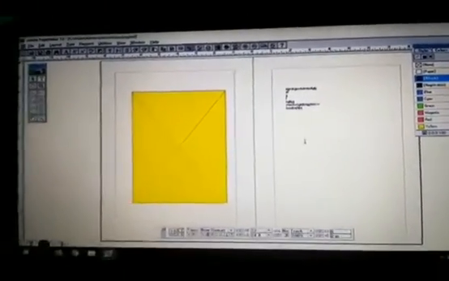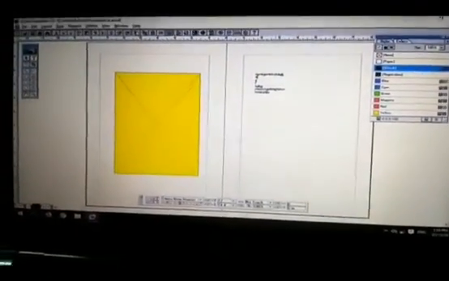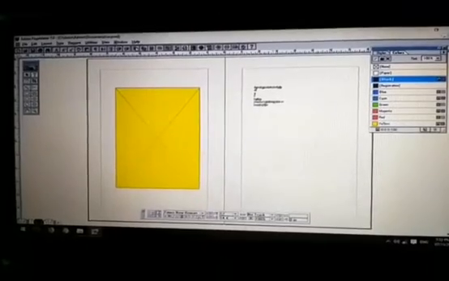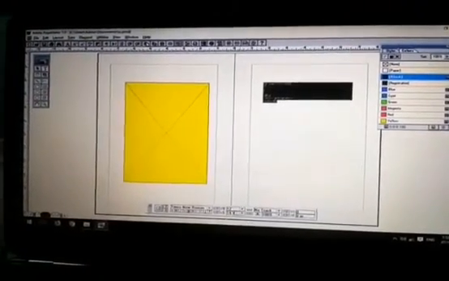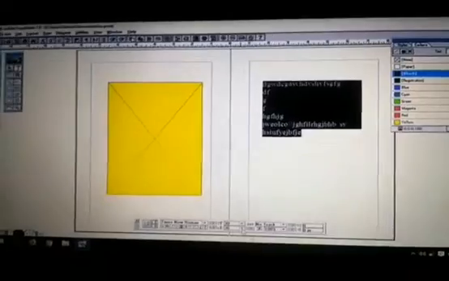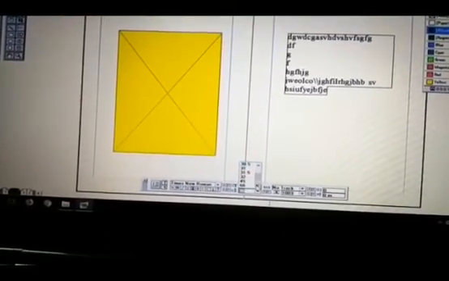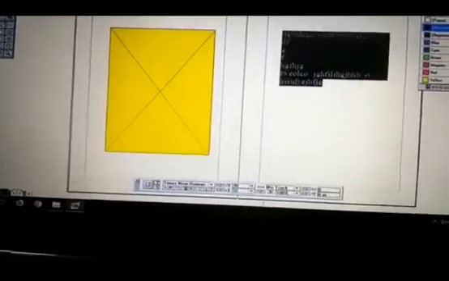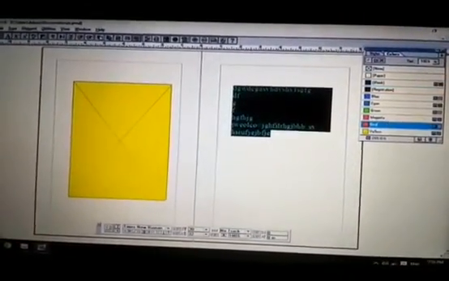Okay, and I am selecting the text with the help of shift and arrow keys, and I'm going to change the font color and font size, and the leading point is 32 instead of 36, and I'm going to set the red color for the font.